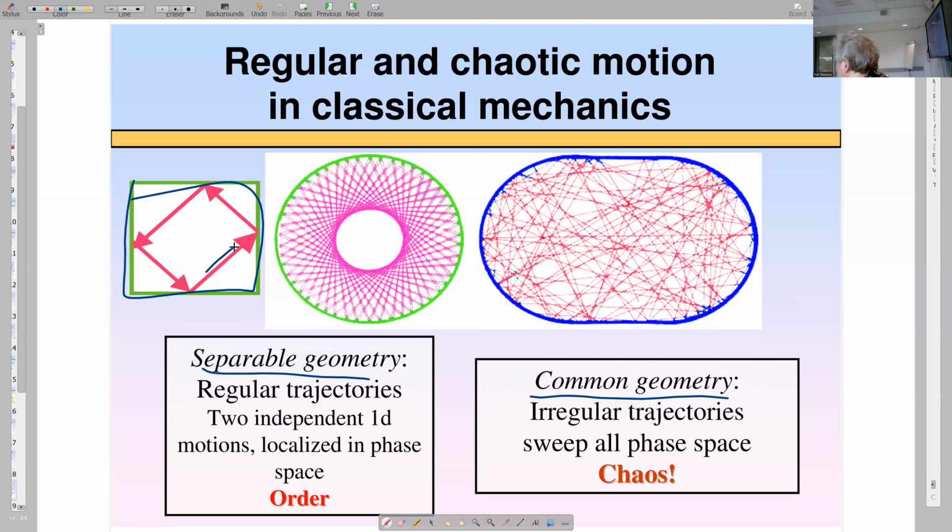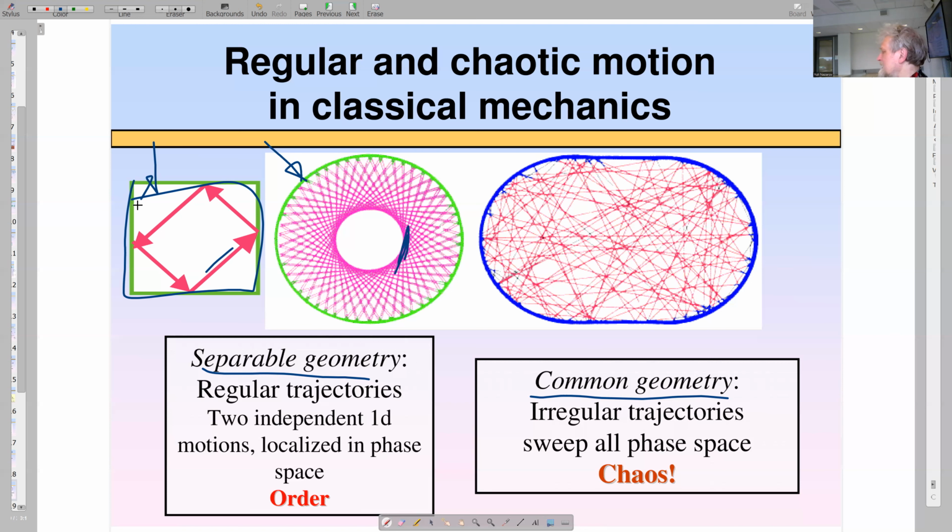I sketch an electron trajectory. And I see now that it's pretty regular. It repeats itself many times. Let me try something different. Let me try a cylindrical quantum dot. I start with a trajectory and I see it repeating in a different fashion than that, but still the trajectory is very regular.